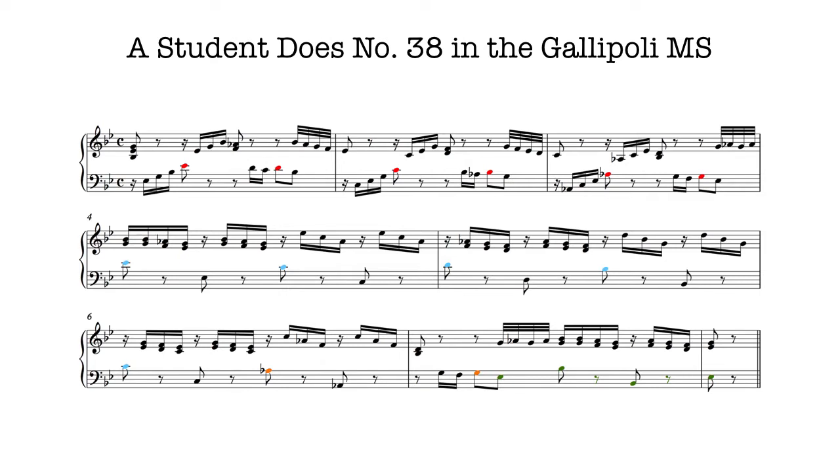Notes have been highlighted in the bass, which is the part that the student got to see, to show certain interval patterns. So clearly there's a descending scale of red notes on the first system. Then in the second system we have blue notes that go down a third, up a second, down a third, up a second. And green notes at the end that show a cadence preceded by a 4-3